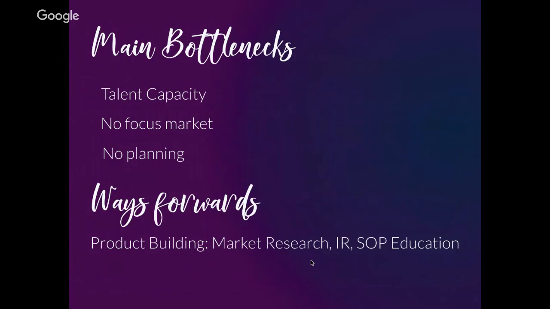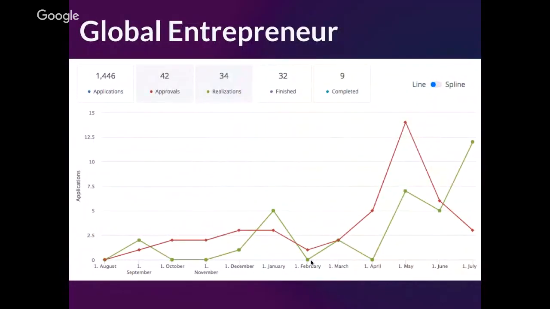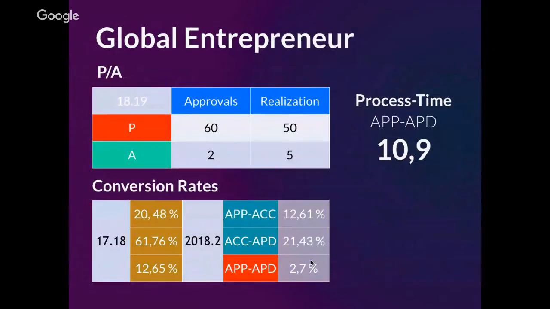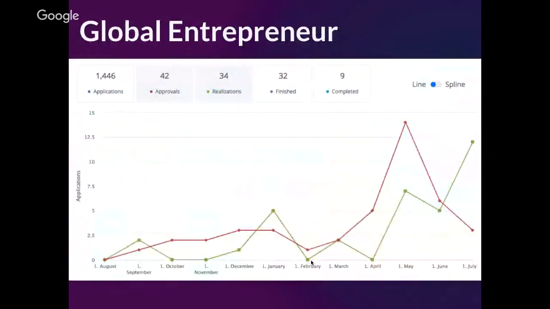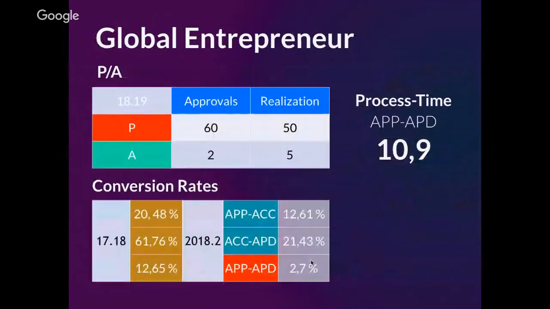But that's the idea. When it comes to Global Entrepreneur, it's the same. The main peak is May, but it's also kind of the same process as with GV. There's not much product differentiation again in this one. And here you can see the plan versus achieved. We put a growth rate of not super important, and 60 approvals we are targeting. We have 2, but here you can see that we have our approval peak in May. So this will also be coming from there.